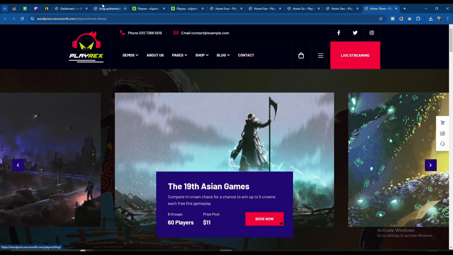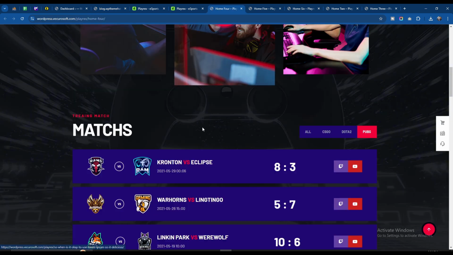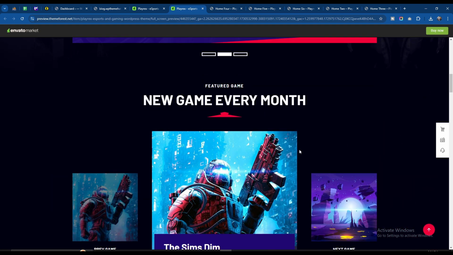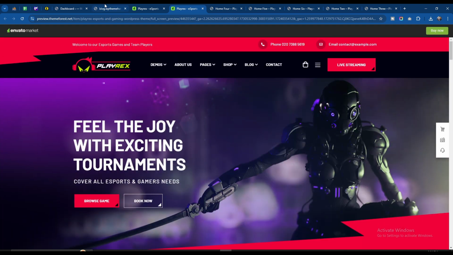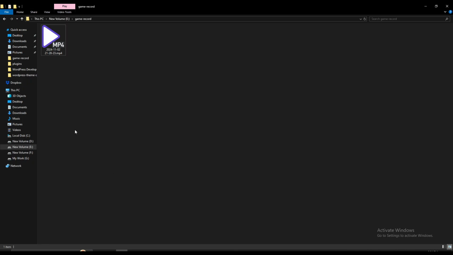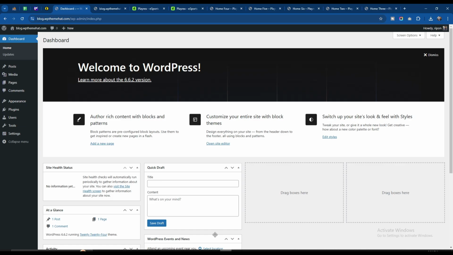So here's the website that we have right now, and we'll try to implement the same, like the home page is this one, so we'll try to make it as same as possible now. So if you download this theme, then you will get a file here. If I go in, I have already downloaded it, so it will be like this, Playrex final, and you